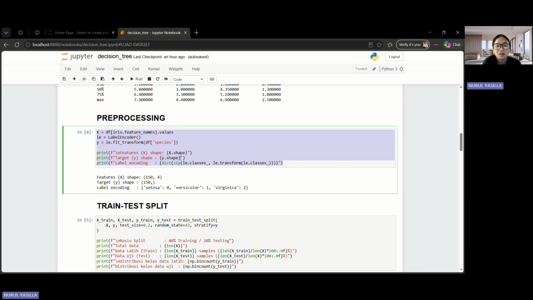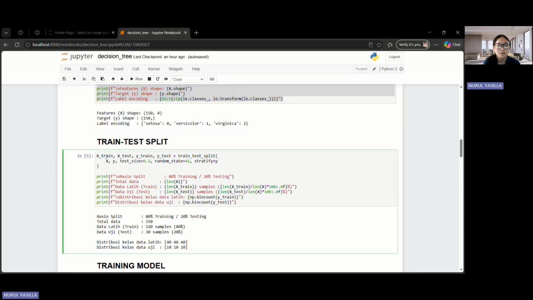This process is called encoding and is necessary because machine learning algorithms work with numbers, not text. The result is an array containing the numerical representation of each class.